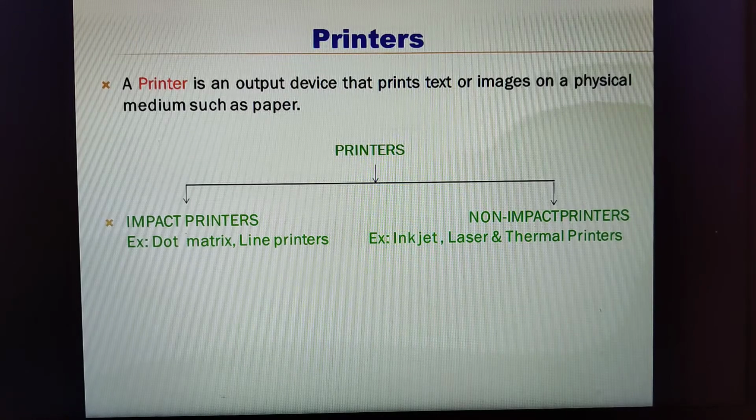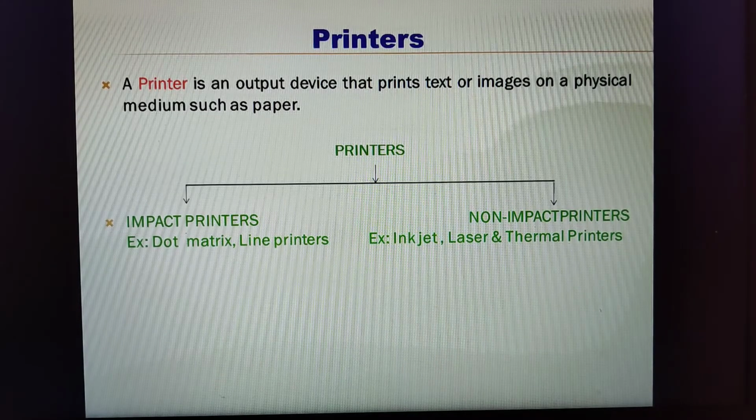Bulk printing means where we want a larger number of printouts at the same time, carbon copies. That is bulk printing, a huge number of printouts. They can print multiple copies, which means they are able to generate carbon copies. For example, if it is a dot matrix printer and you give one printout, by default it will generate at least 3 carbon copies. Now we also have high-end printers, where more than 3 carbon copies may be produced at a time.